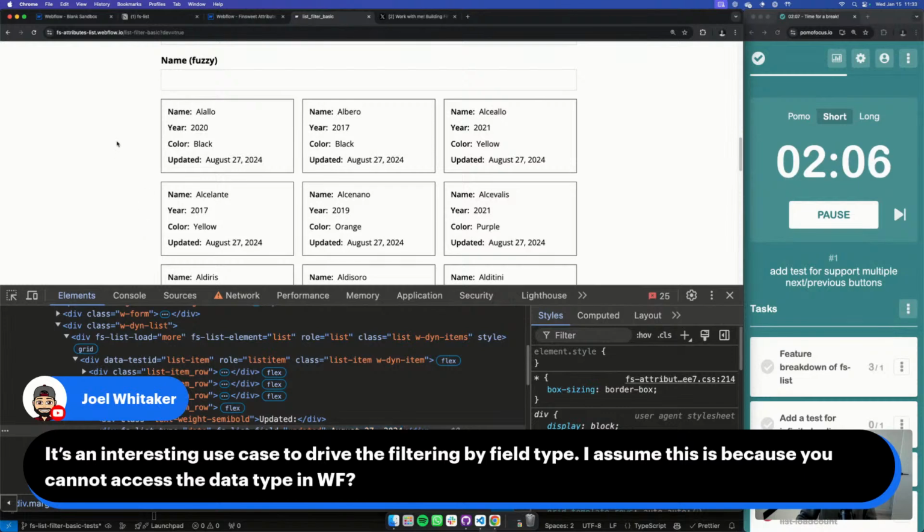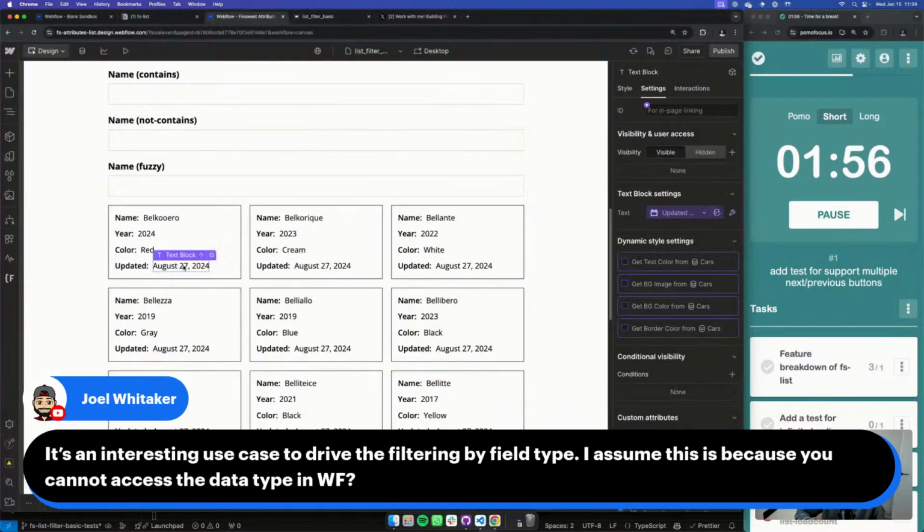So I cannot know if this was formatted from a date in Webflow or the user just came in here and manually wrote August 27, 2024, or manually wrote 2024, right? There's no way of distinguishing between originally number types or originally date types from just strings that the user wrote that are not supposed to be representing numbers or dates, right?